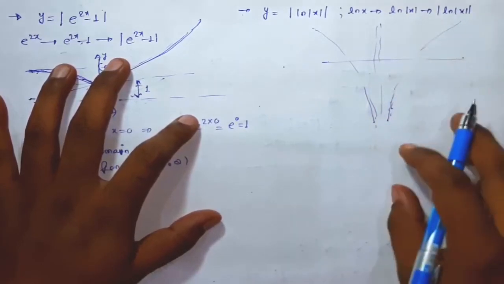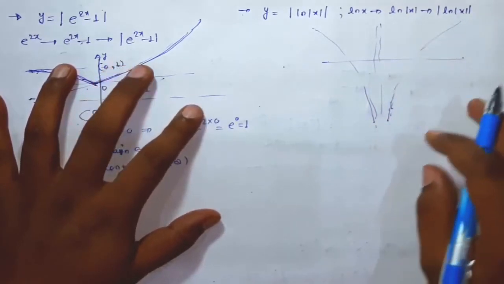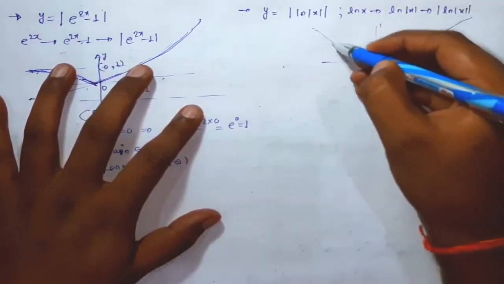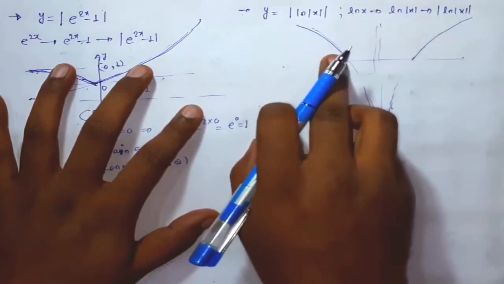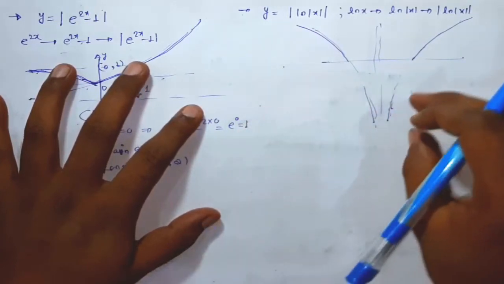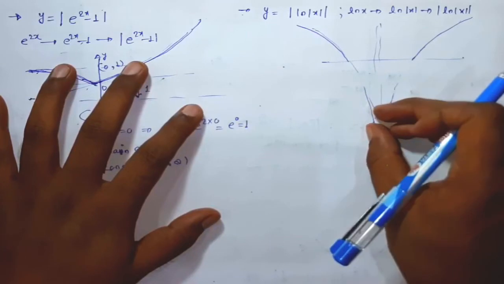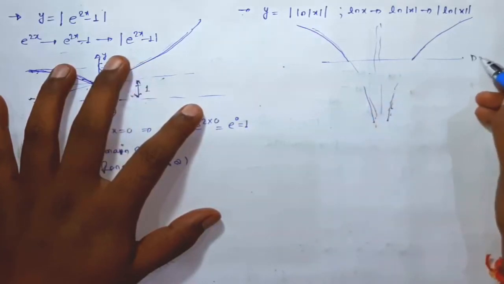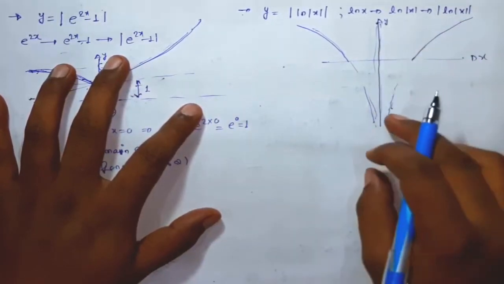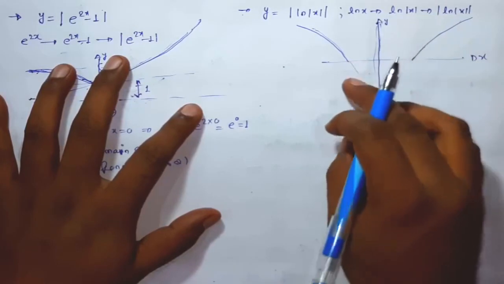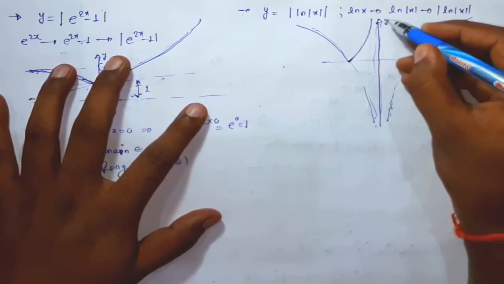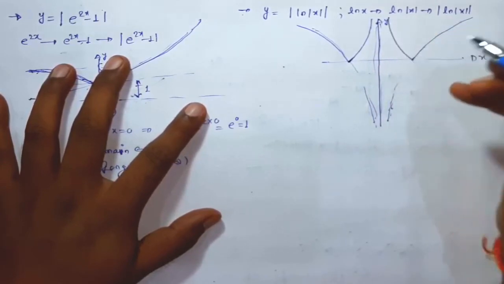Okay. Now we are going to take mod on this portion. So this is the positive portion. This is also a positive portion. So we need not bother about this portion. Okay, this portion will remain as it is. We will simply take an image in the x-axis. This is the x-axis, this is the y-axis. We will simply take the image of the negative portion in the x-axis. So this will be like this. This is going to be like this. Okay, so this is the graph actually.